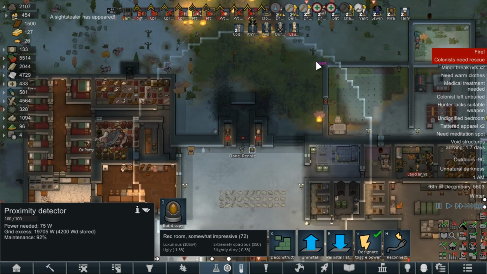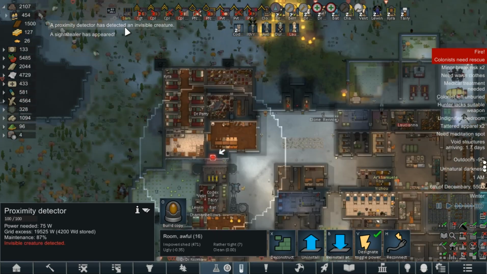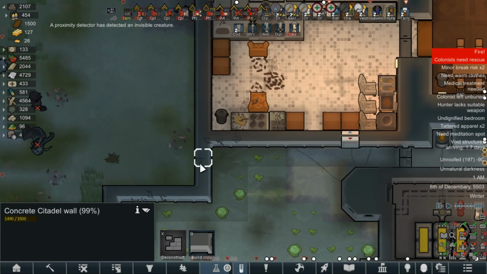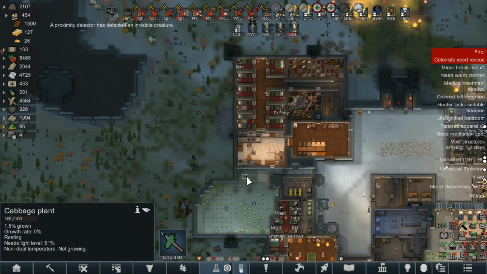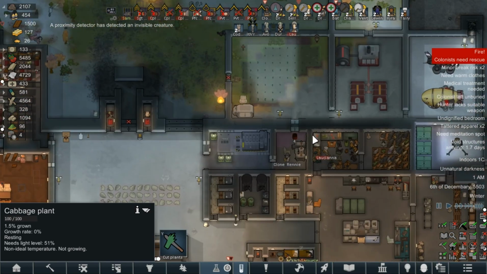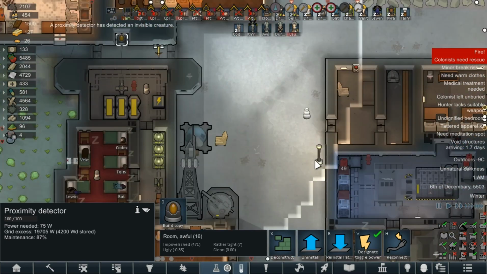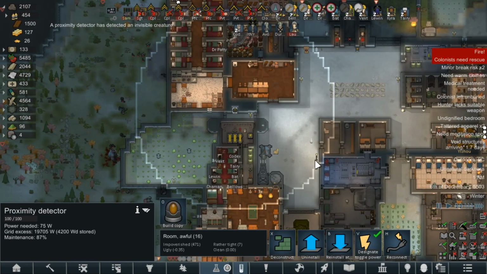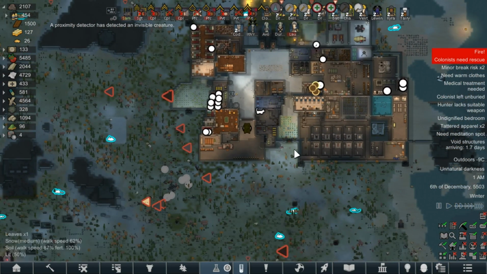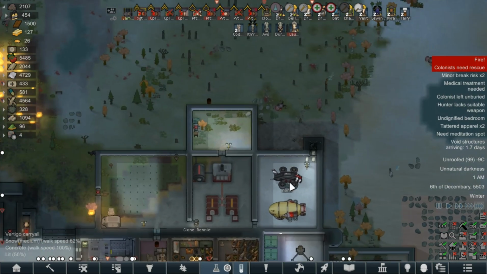Yeah, so it's going to be constant Sightstealers. I want to see if it's possible to... I really hope it's Sightstealers, because if it's one of those blinking things, revenants roaming around, that's not going to be fun. Okay. What I want to do is see if it's possible...